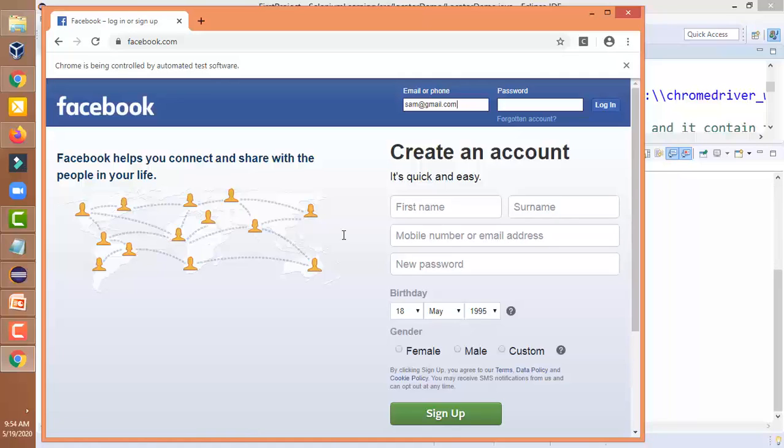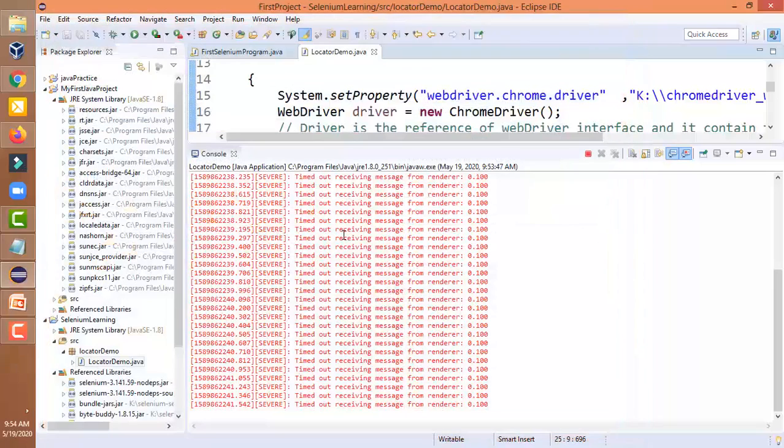So look at this, we can also use the ID locator for the same field. It is now clear that for the same field we can use different types of locators.